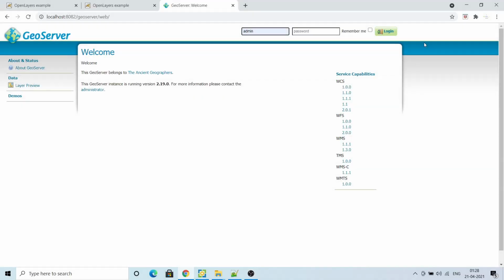So today in this tutorial video, I'm going to explain to you about GeoServer. As in my earlier videos, I have developed a web application using OpenLayers as a front-end API and GeoServer for serving the geographic data. So today I'm going to explain basically three kinds of services which I had used for serving the geographic data.